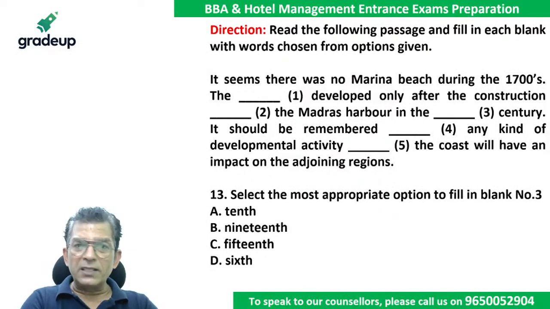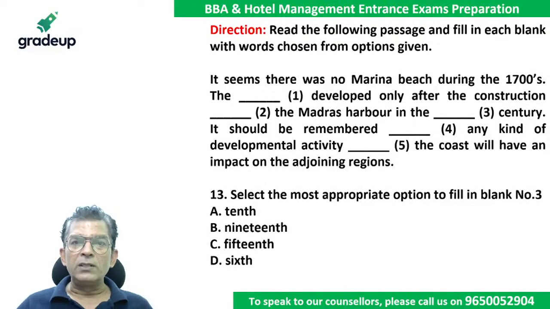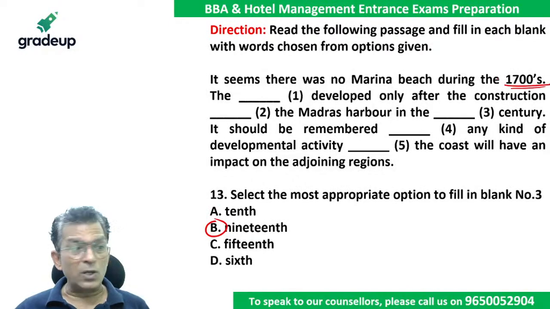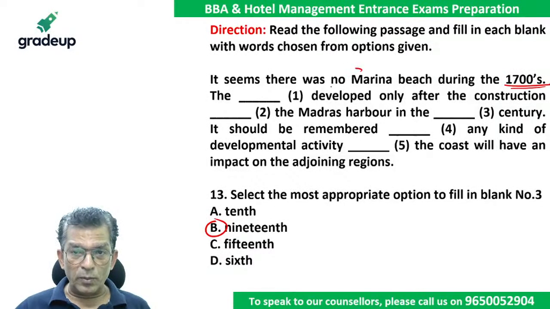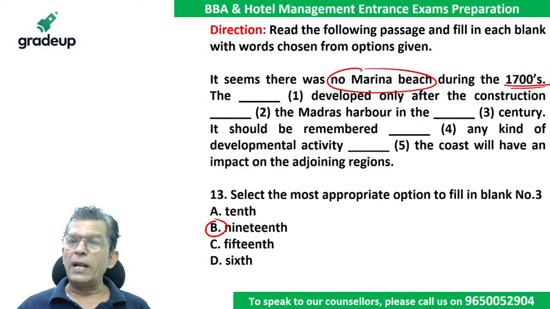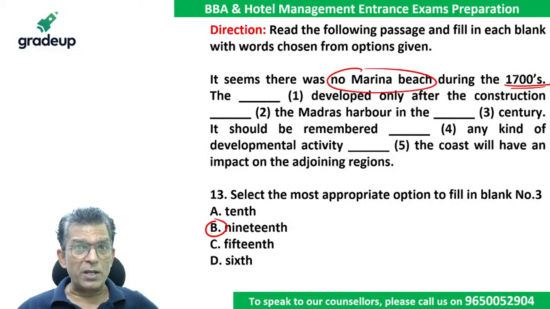ओके, 10th नहीं हो सकता, क्योंकि 1700 में नहीं था तो 10th में नहीं होगा, 15th में नहीं होगा, 16th में नहीं होगा। तब तो मेरे पास एक ही वर्ड है सर, क्योंकि यू हैव ऑलरेडी गिवन द क्लू एज 1700, उसके बाद का ही होना चाहिए। देयर वाज नो मरीना बीच, ठीक है। तो 19th सेंचुरी ही होगा, डेवलप्ड ओनली आफ्टर द इन द 19th सेंचुरी, क्योंकि भाई 1700 17 अब 18th सेंचुरी की बात कर ली, 18th सेंचुरी की बात कर ली तो 19th सेंचुरी होगा,